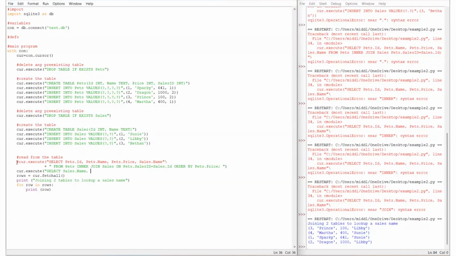And then you might put count how many pets ID that they've sold. And then what we want to do is a group concatenated, and what we're going to drag in there is pets.name,